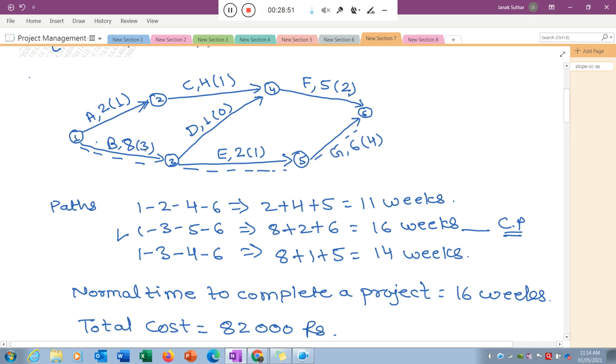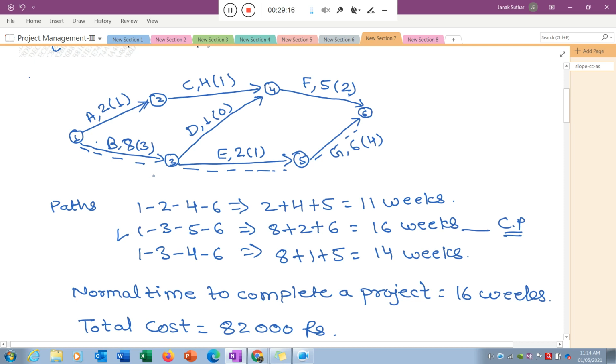This bracket value shows you the feasibility. So I can reduce this activity 1 to 3 by 3 weeks. 3 weeks is the feasibility. Okay, so now the next point is like that. If I reduce this particular activity 1 to 3 by 3 weeks, then my critical path will be the same or changed. Okay, are you getting my point?